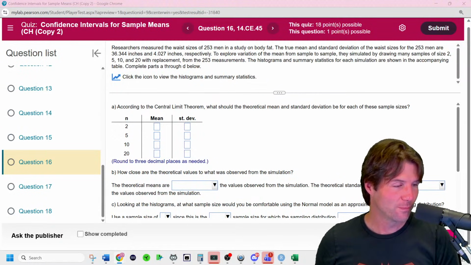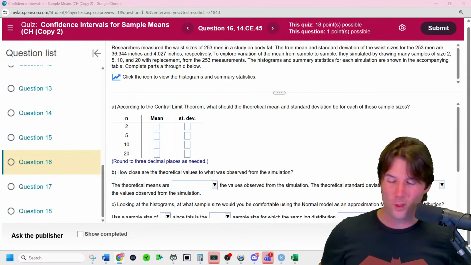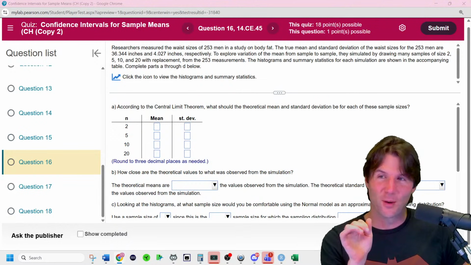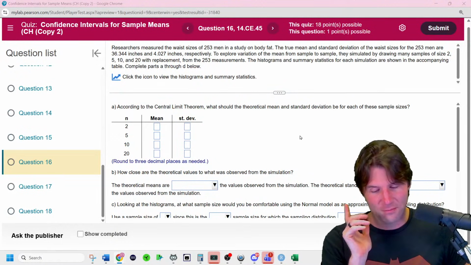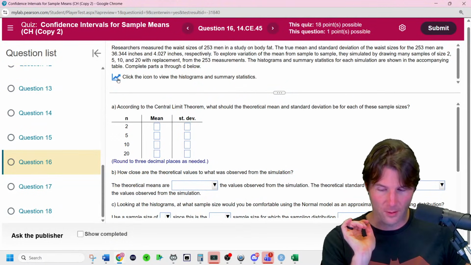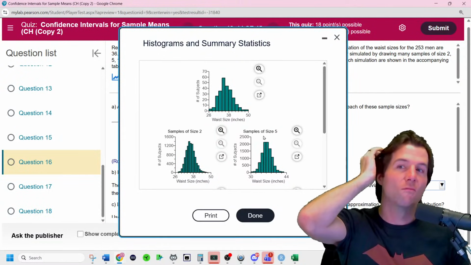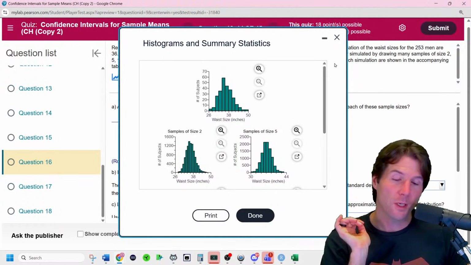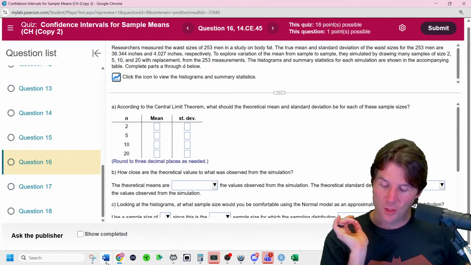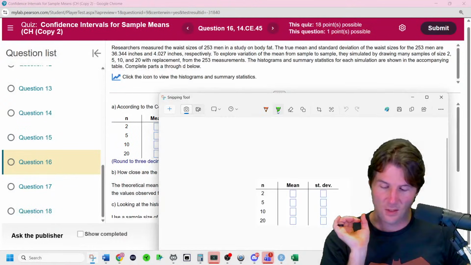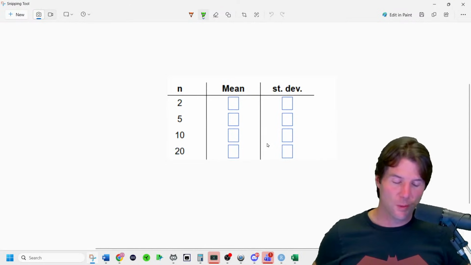Researchers measured waist sizes. Once again, don't worry, we already did one. Peyton knows. Both Peytons know. These are kind of misplaced here, in my opinion, because this is the sampling distribution of the sample mean, which has relevancy to topics we're talking about. But what they want you to do is find the theoretical mean and the theoretical standard deviation for certain sample sizes. What this means is the mean